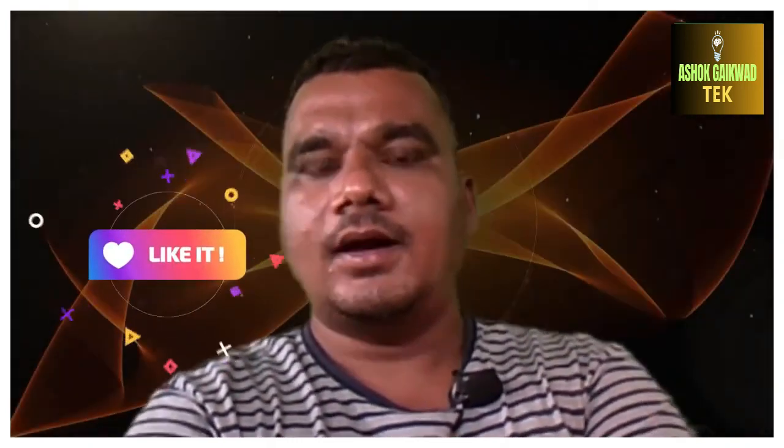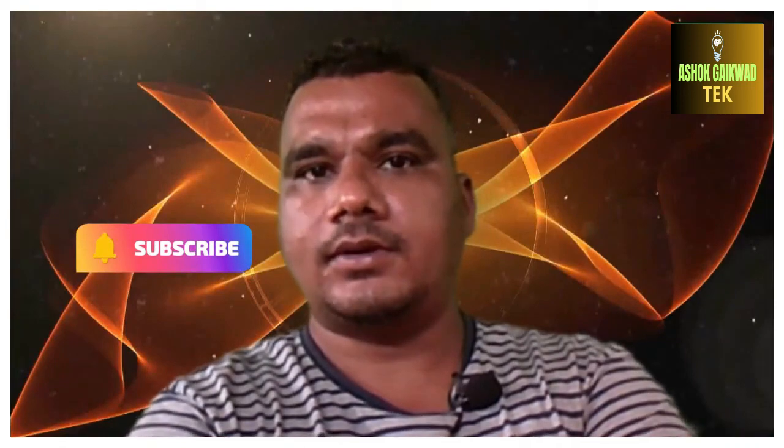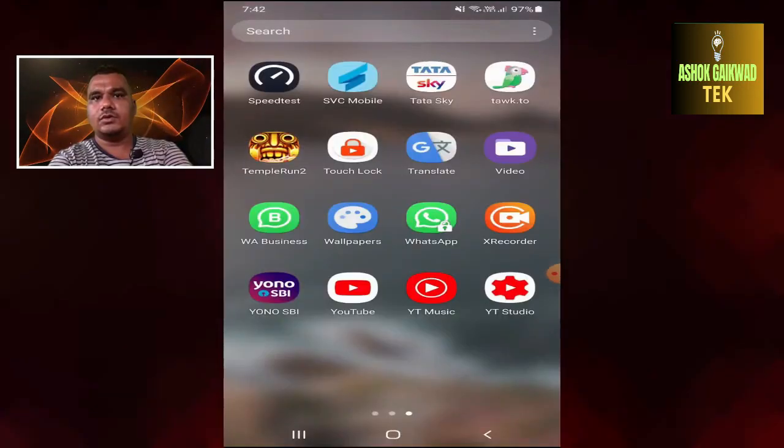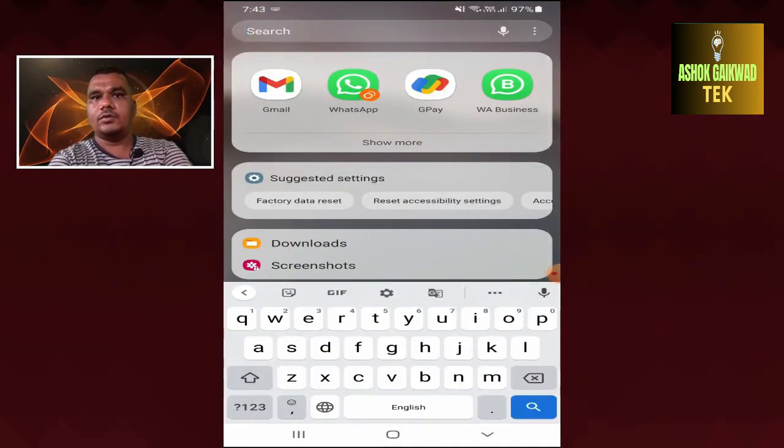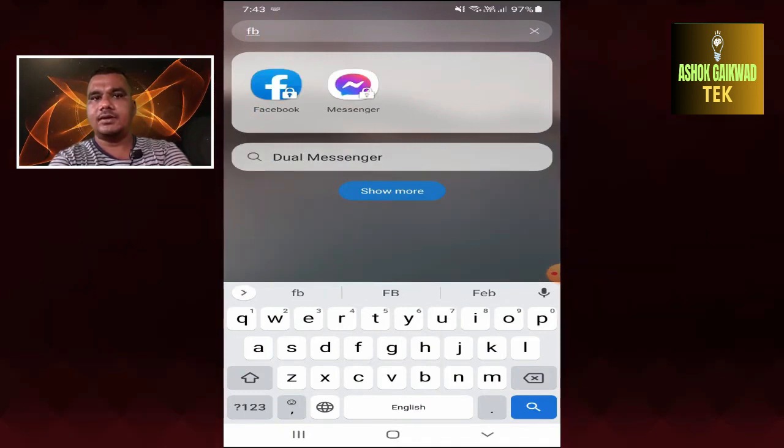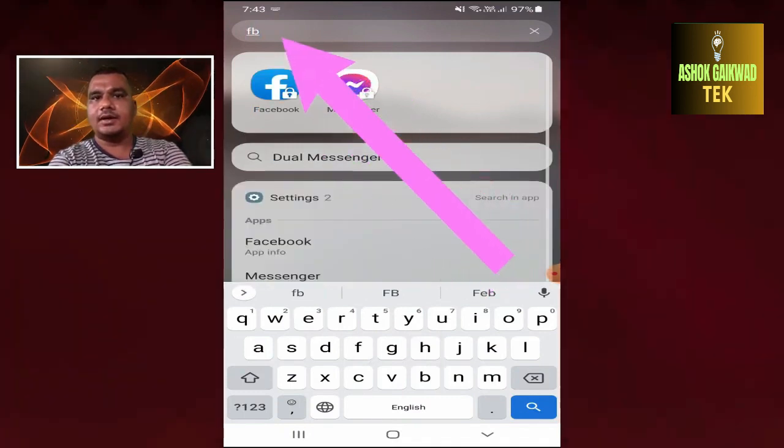Today we will see how to change Facebook password, or how to change FB password in mobile. Okay, so first you open your Facebook application. If you do not find your FB application, then you go to the search bar and just write Facebook. Then you will get that Facebook application. Just open it,